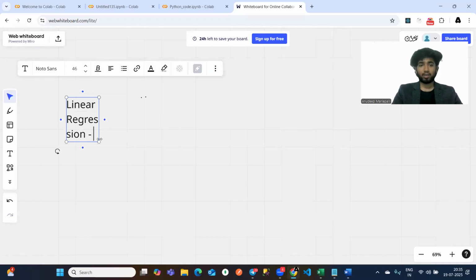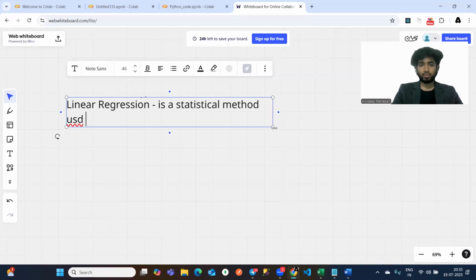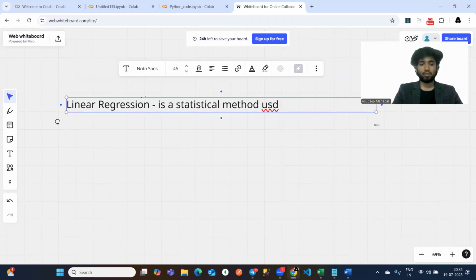Linear regression, it is a statistical method used to model the relation between a dependent variable and an independent variable. Okay, let me write it down and then I'll explain this in very simple words. It is the statistical method used to model the relation